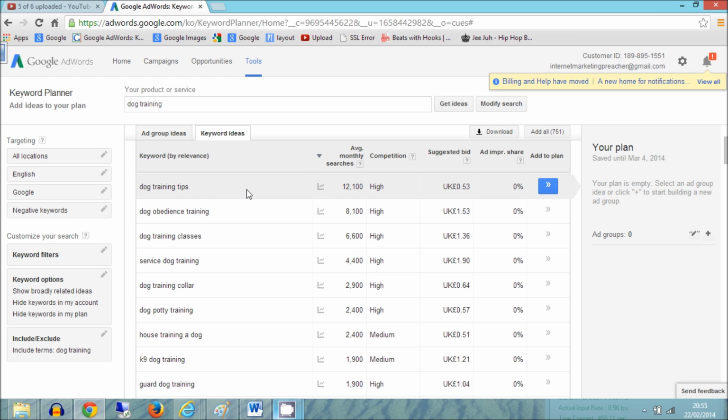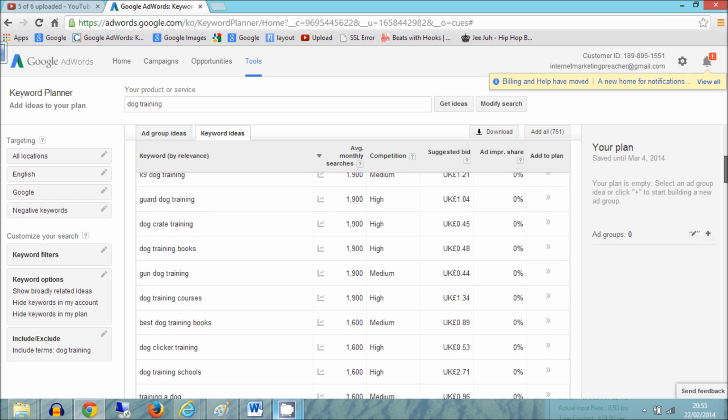It doesn't necessarily have to be split together, but look, this one here has dog, then it has obedience, then training, but it still features the word dog training. Now this could be a domain name that we could optimize for. If we scroll down the list, if you're selling a dog training product, you want to get specific. So the more specific you get, the better really.